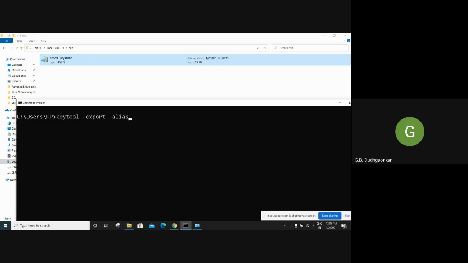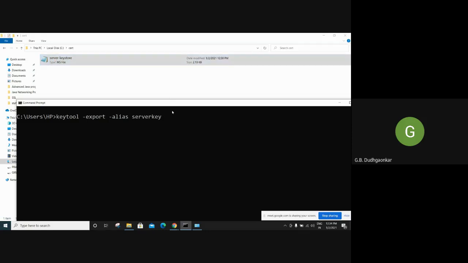If you want to use the same alias, whatever alias I used for the server key, the same alias I am using here because I am exporting this file, server keystore.jks file. The alias I had written at that time was server key. That is a must.